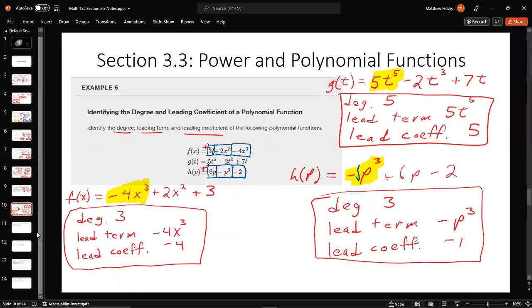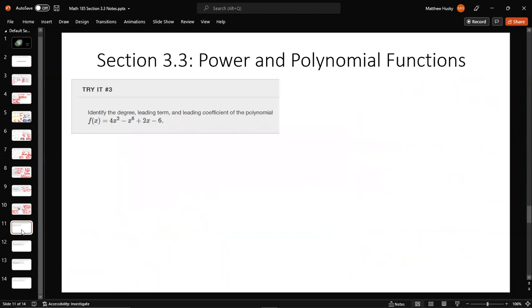All right, we got 4 slides to go here. Let's see what else we have going on. Identify the degree, leading term, and leading coefficient of the polynomial. All right, so